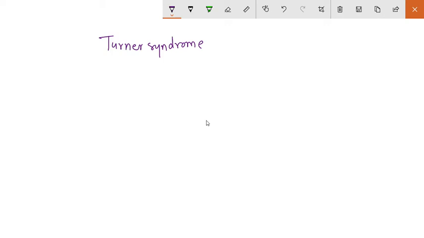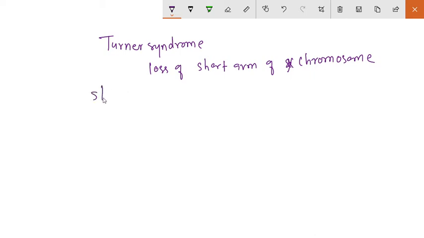Okay, so due to the loss of the short arm of one of the X chromosomes. Okay, due to that the Turner syndrome is developed in the human being. So what are the features? They have the short